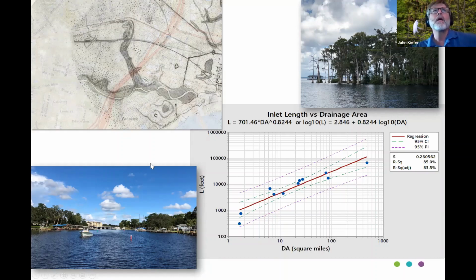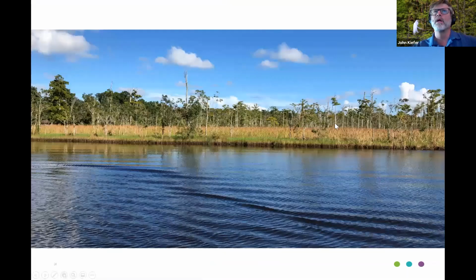Now, the other thing that's happening, though, is with sea level rise and increased salinity moving upriver, the zones within these little inlet creeks, the vegetation along those creeks is shifting, and will continue to shift over time if trends continue or accelerate with sea level rise. So we have to hedge our bets on what to plant, and so we did a lot of literature review. There's some really good studies that actually were done on the Ortega River. There's some studies that were done on other coastal plain rivers up through the Carolinas and other places in Florida, and our own observations of the sort of unique,